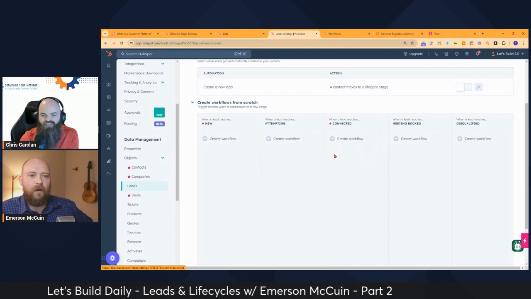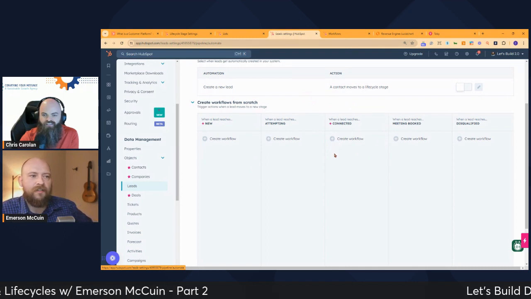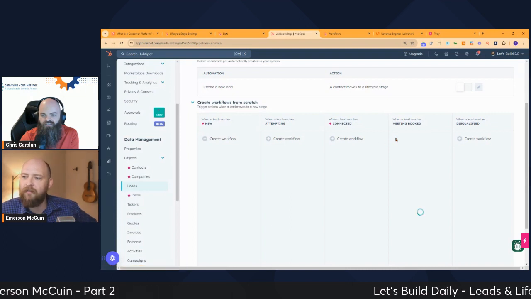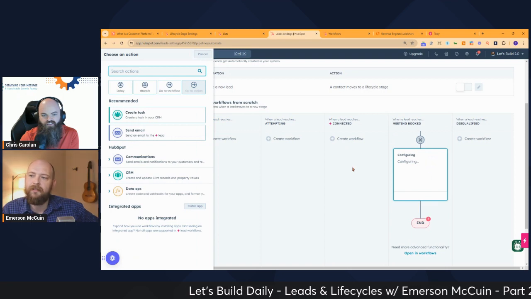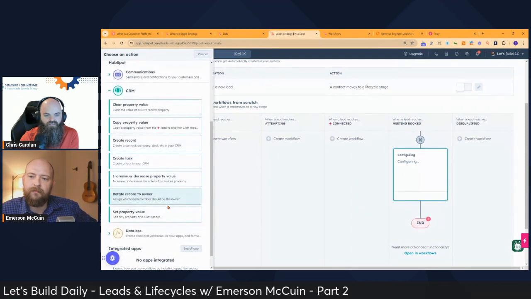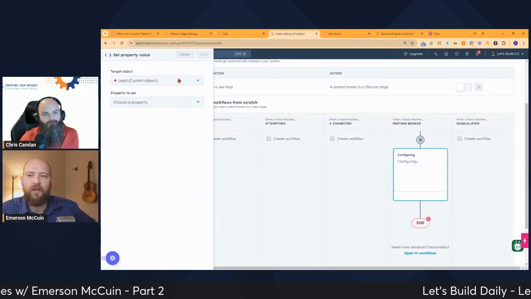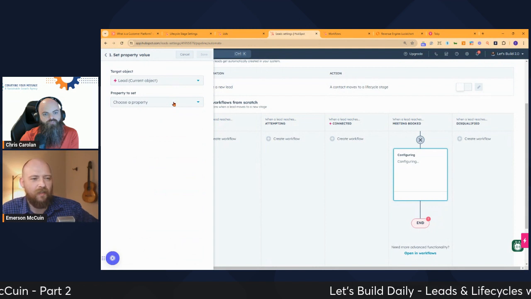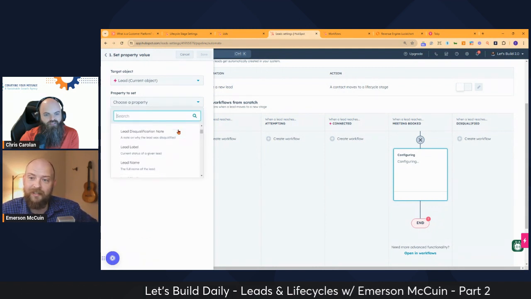So can we make an example of that? Yeah. Let's go ahead and do a meeting booked, create a workflow there. And then I do a set property value. And then I have a meeting booked date property. I actually don't know if that's native, but maybe it is. Let's give it a try.